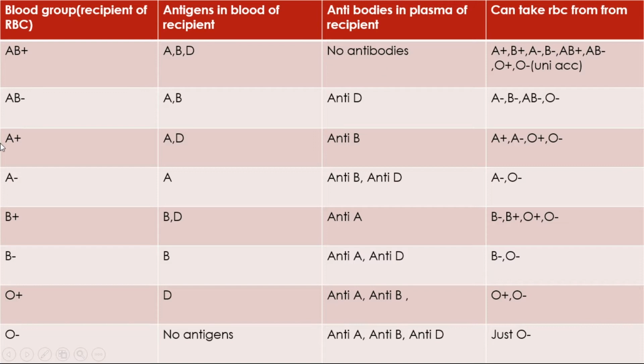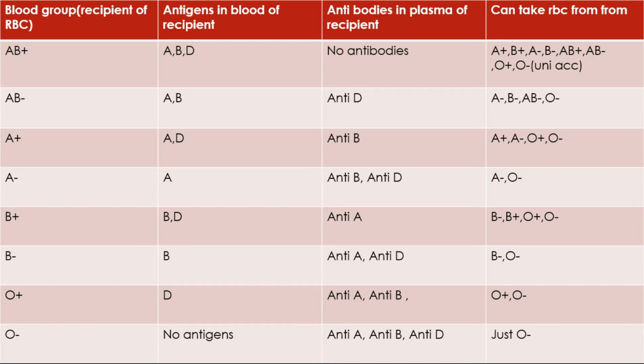There are different blood groups, and we are going to see the considerations for each when we just need RBCs. If the patient's blood group is AB positive, he will have antigen A, antigen B, and antigen D in his RBCs, and he will have no antibodies in his plasma. Means no antibodies are present in his plasma, and any type of blood, the RBCs of any type of blood group, because we are not taking